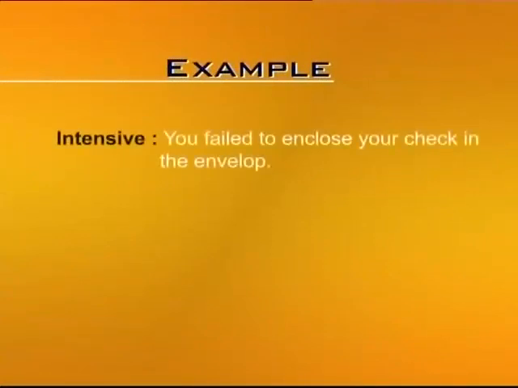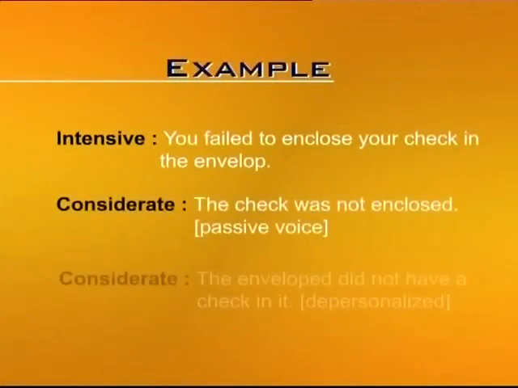तो उसमें फिर एम्फेसिस जो बिल अदा करने वाला था उसके ऊपर नहीं रहता, लेकिन एम्फेसिस फिर आपके ऊपर आ जाता है कि आपको नहीं बिल मिला. बात वही है लेकिन जरा अक्यूजिंग कम लगती है. इसमें यह नहीं लगता कि आप अगले को कसूरवार ठहरा रहे हैं, हालांकि बेशक कसूर अगले का ही, दूसरे पढ़ने वाले का ही हो. For example, an intensive way of saying something might be you failed to enclose your check